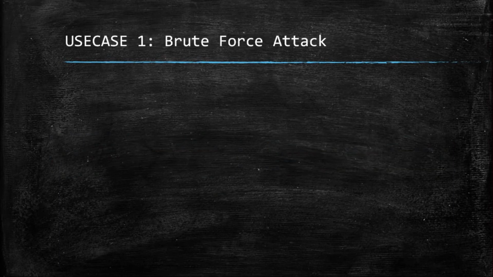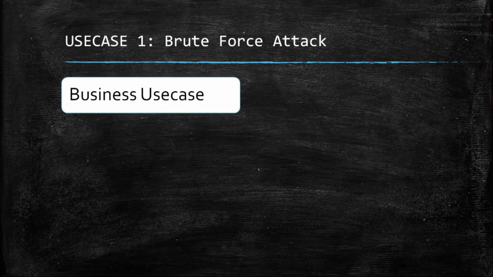So here we are talking about brute force attack as our first use case. Brute force attack is a hit and trial method. In security terms, in a brute force attack, the attacker attempts to authorize a legitimate account by guessing the username and password manually or by a tool. To capture this type of activity, it is defined with the business use case. So we have a business use case that we will monitor for the brute force attack.